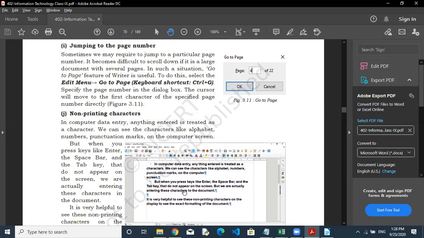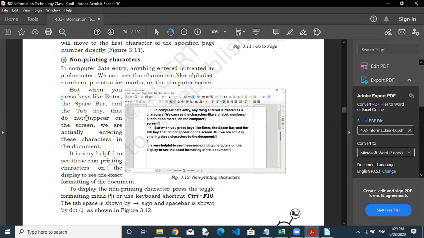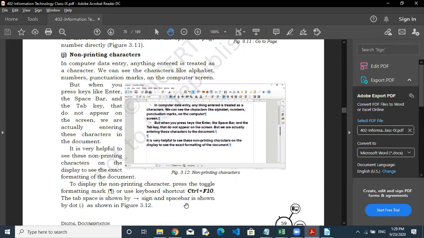Sometimes while you are working on your computer, you are using A, you are using B, but sometimes you are using the tab also, sometimes the space, sometimes the enter key, to break the line, to give some space, to jump from one position to another. You can understand the effect of that. If you press the enter key, you feel the cursor go downward. If you press the space bar, you feel some gap coming in between. But whenever you print this, you are not able to identify where the enter character is or where the space bar character is. If you press A, it is visible.